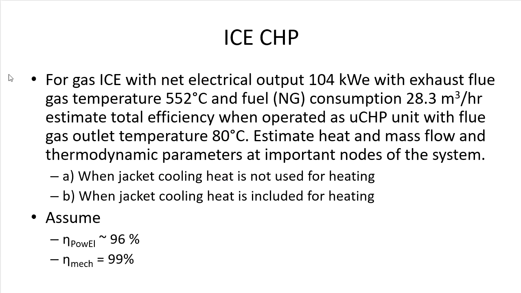Now we will calculate an example of a combined heat and power system based on an internal combustion engine, where we have the information that the internal combustion engine combusting natural gas has a net electrical output of 104 kilowatts, and the exhaust flue gas has a temperature of 552 degrees C. The fuel, which is the natural gas, is consumed at the rate of 28.3 cubic meters per hour, and our task is to estimate the total efficiency when this system would be operated as a CHP unit, micro CHP unit, or well, 400 kilowatts it is already a standard CHP unit,